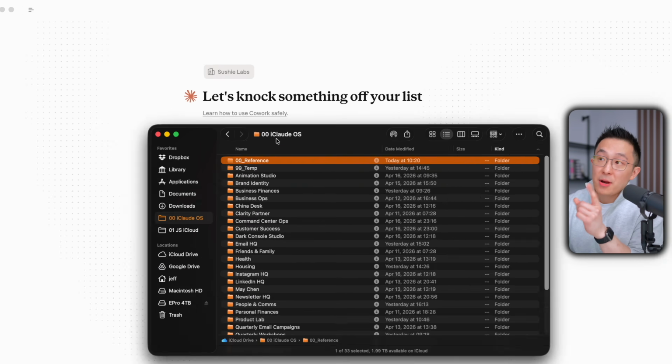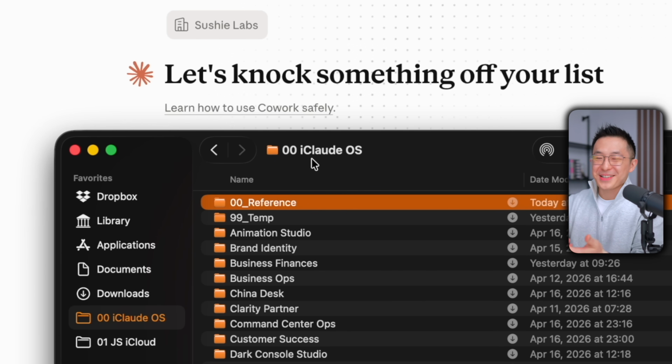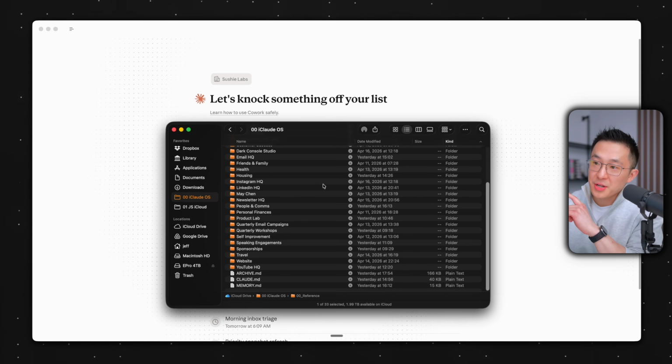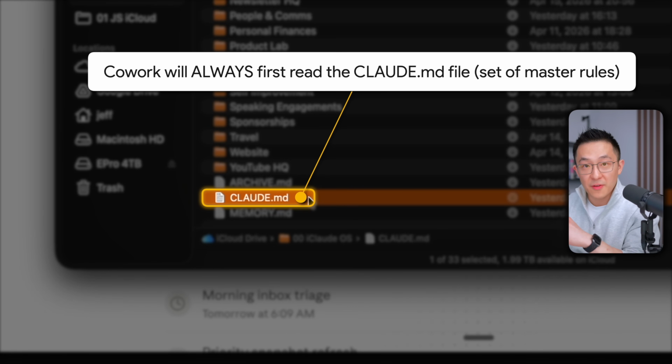Let me show you what happened behind the scenes. Here you can see I named my parent folder iCloud OS because, get it? It's supposed to be iCloud, but we're using Claude, so it's iCloud. I'm so funny. Anyways, whenever I start a new session, Cowork will always first read this claude.md file, which is